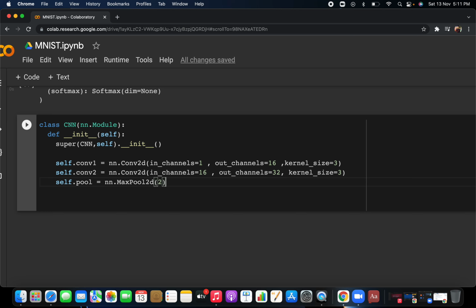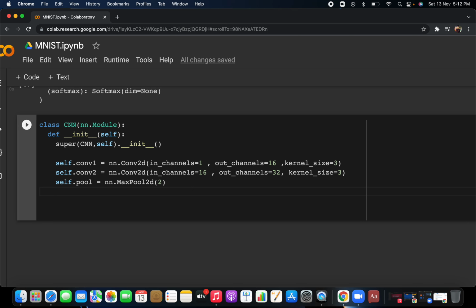You are using 2 cross 2 as the filter size of this max pooling. It means if you have an image of dimension 4 cross 4, and you use max pooling of 2 cross 2, it will give a dimension of 2 cross 2. Similarly, if the image size is 6 cross 6, and you use max pooling on top of that, then the dimension of the image will be 3 cross 3. It is not reducing the depth, it is only reducing the size of the images. That is the function of max pooling.